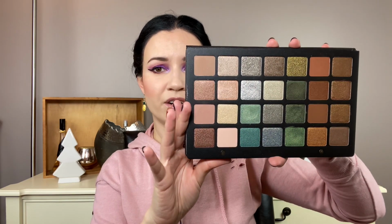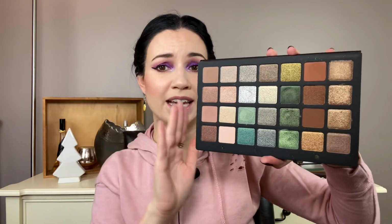You can make it very simple. You can do a neutral glam, and you can do a pretty green look with it as well. So I've been really enjoying this palette. It is incredibly expensive, and I would have never paid full price. The bundle itself was still very, very pricey, but I really love this one, and I'm actually really glad that